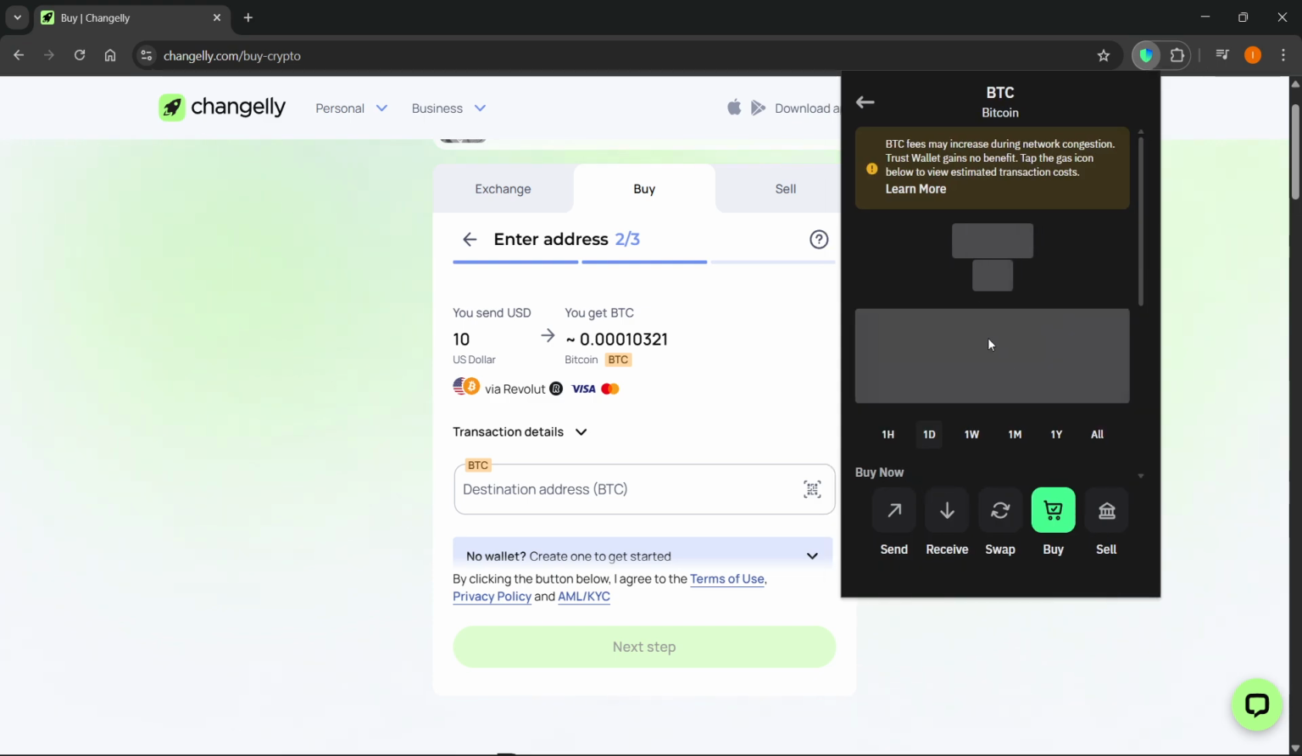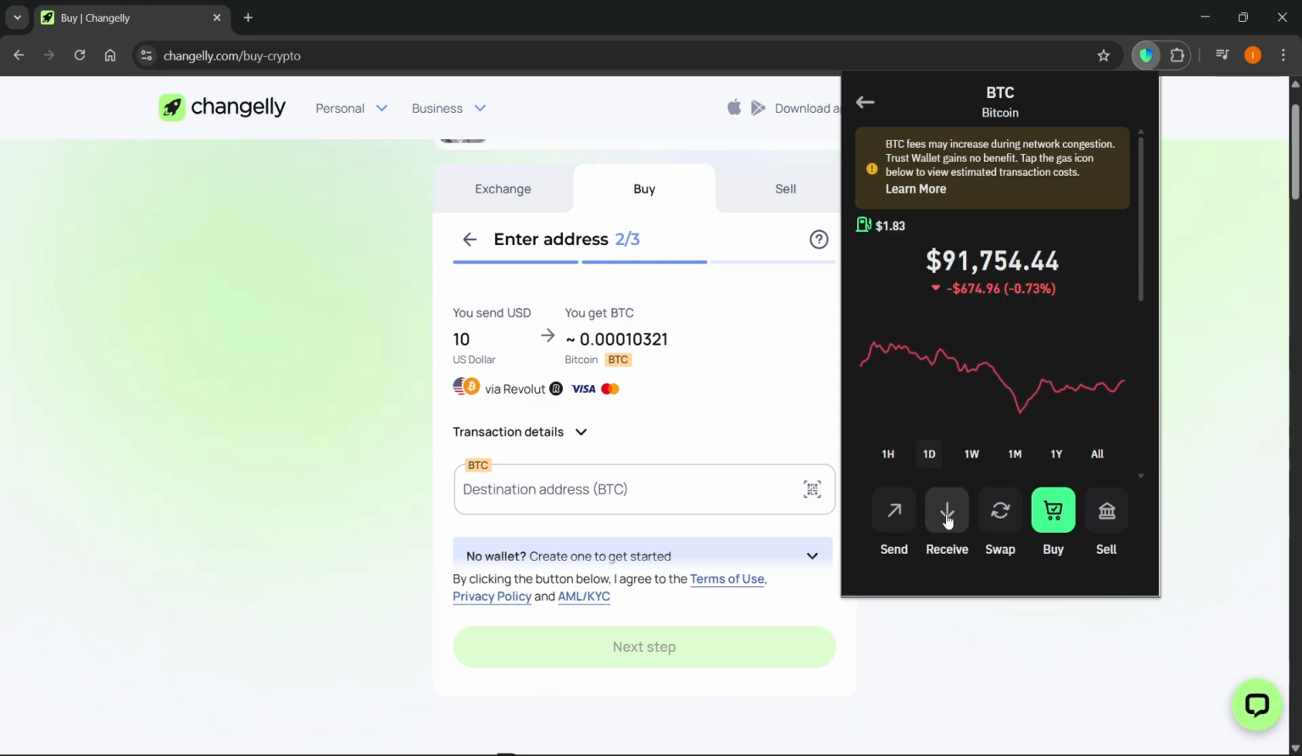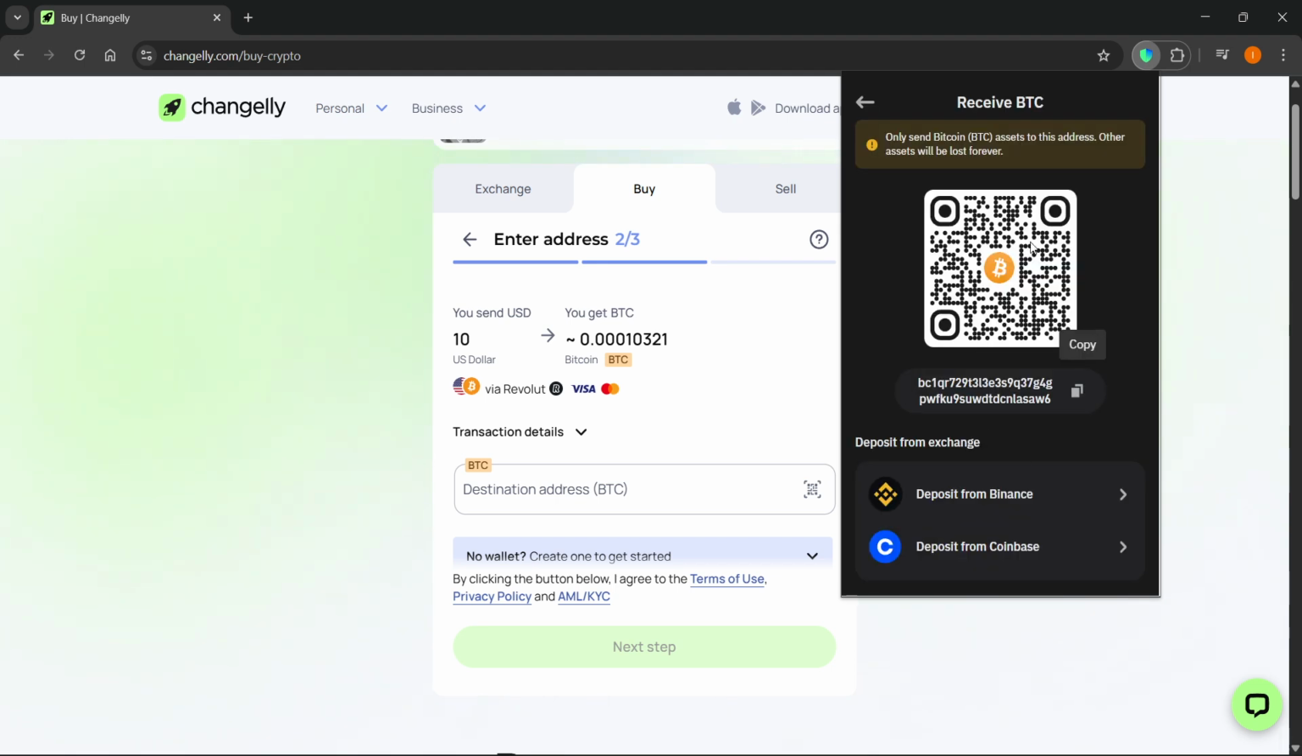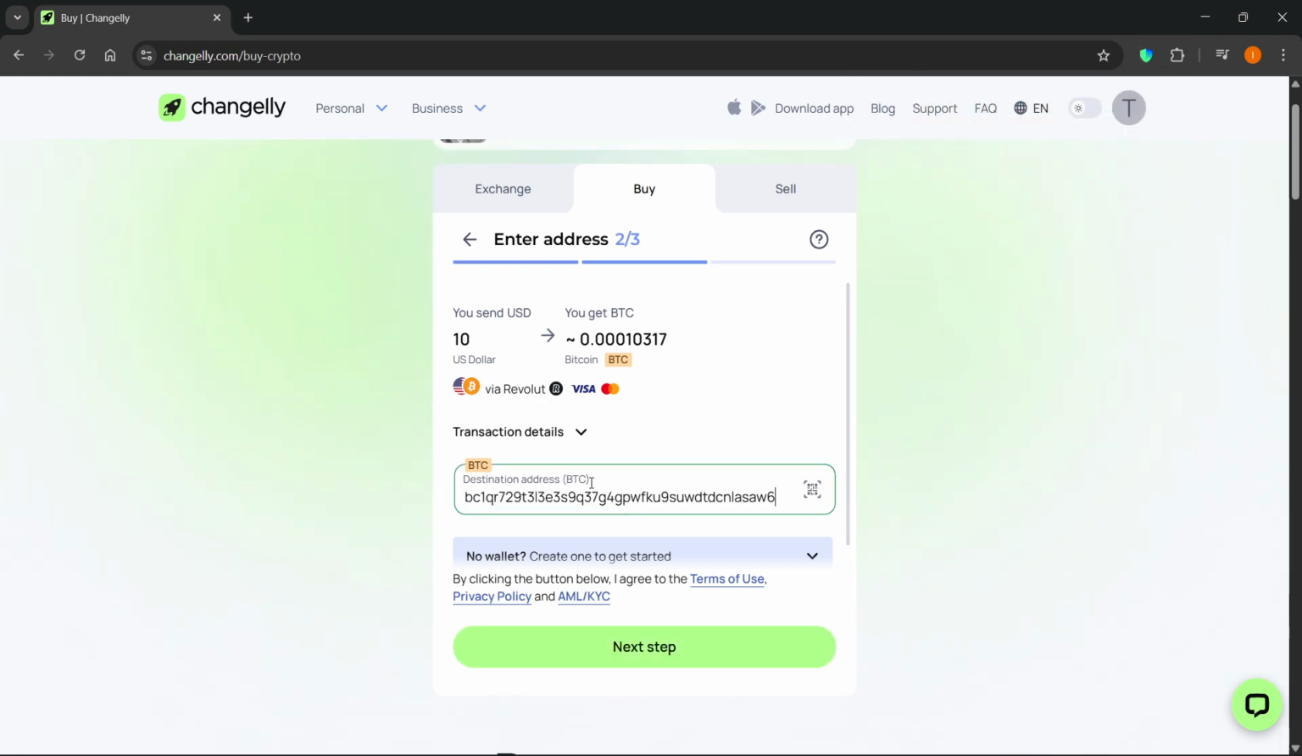I'm going to click on it, and then usually there's going to be like a receive button. Okay, so click on the receive button, and it's usually going to give you a QR code and a Bitcoin address. Copy this address over here, it's going to say copied, and then paste it in here as the destination address. And then when everything looks fine, you can see the transaction details as well, and then click on next